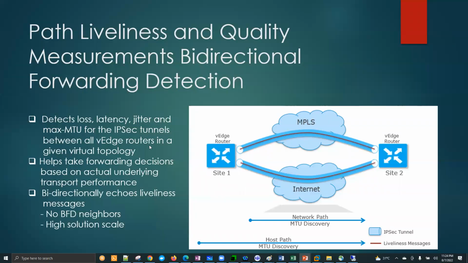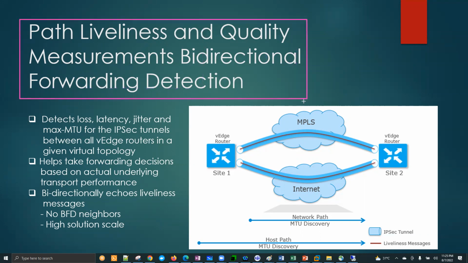And there is one protocol called BFD, bidirectional forwarding detection, that will check end-to-end tunnel health, some sort of delay in between the tunnel and all those parameters. This BFD is very, very important. I don't think anyone will ask you a question related to BFD in an interview, because we know that